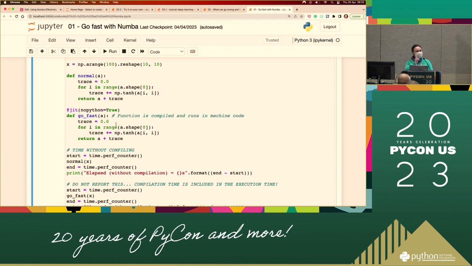That is because Python does dynamic typing, right? So in Python code, this input can be anything. It could be an integer, it could be a floating point, it could even be an imaginary number. But for njit, or the JIT no-Python mode, it doesn't work that way. You need to have a defined type.